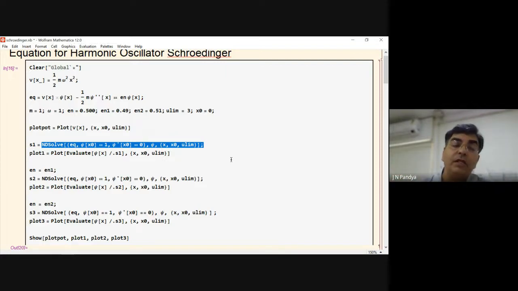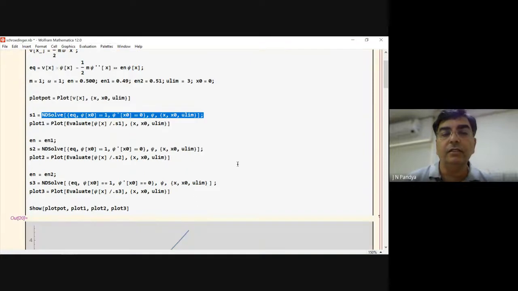So in principle, you can even convert this kind of code into a toy code which can solve the Dirac equation. Right? So if you can solve the Schrodinger equation or Dirac equation numerically, that means you are open to a large number of problems that you can solve on your computer yourself. Okay?